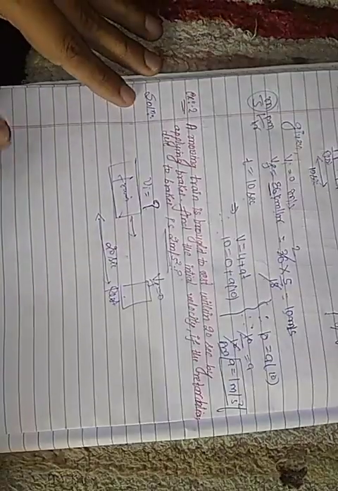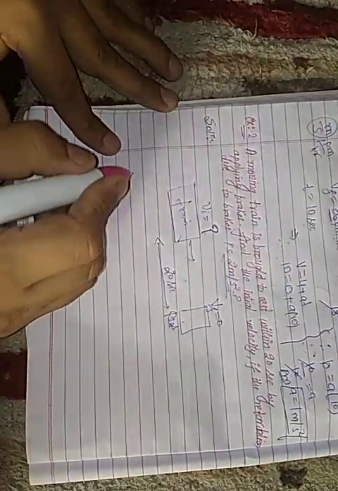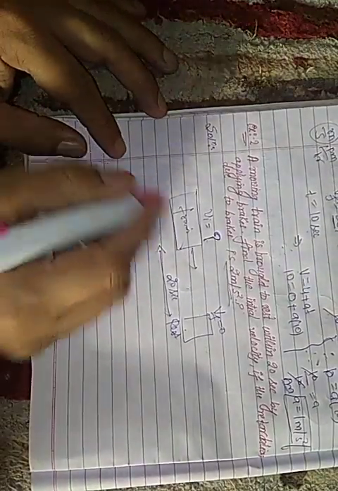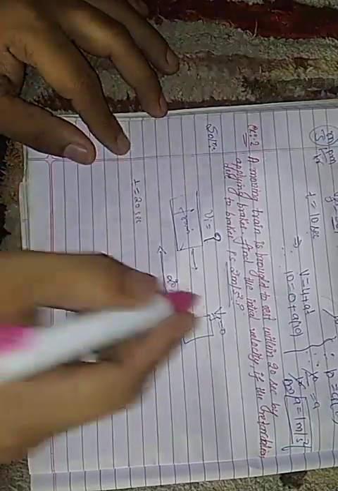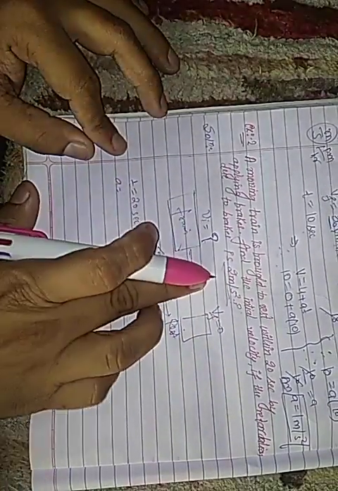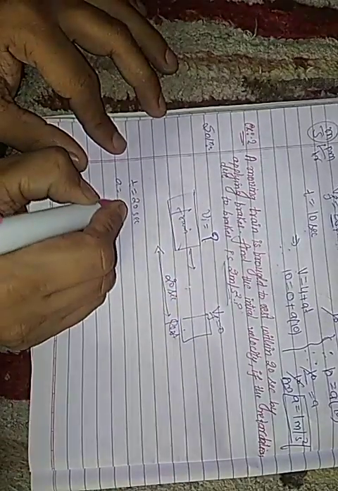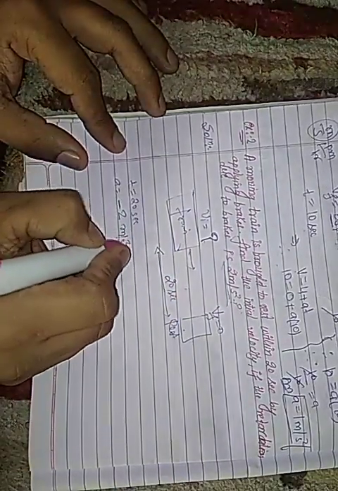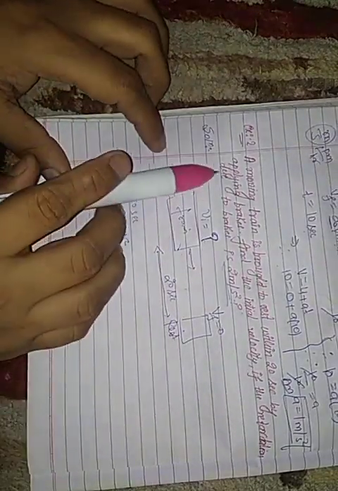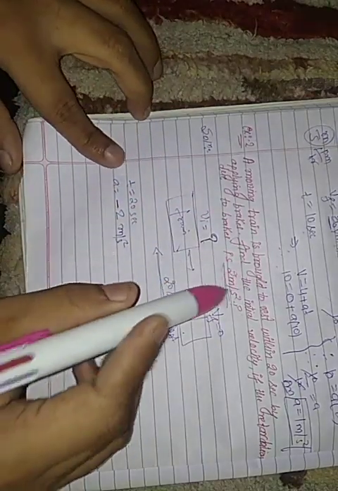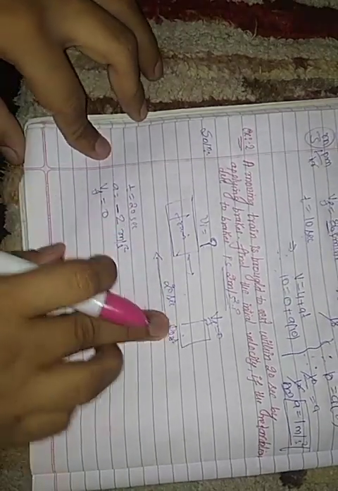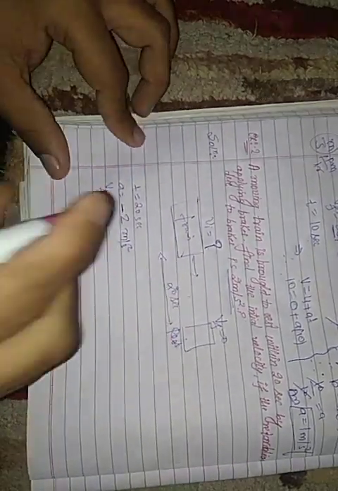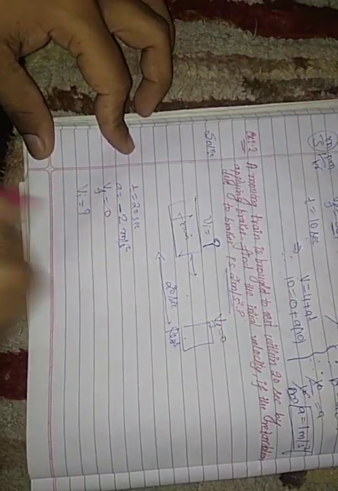First of all, if we want to solve the numerical, first of all write what is given. Here time is given, 20 seconds. Acceleration is given, actually it is retardation, so we put a minus: -2 meter per second square due to brake. Time is given. Final velocity becomes 0. We know that after applying brake the body becomes 0. Now we have to calculate the initial velocity. This we have to calculate.